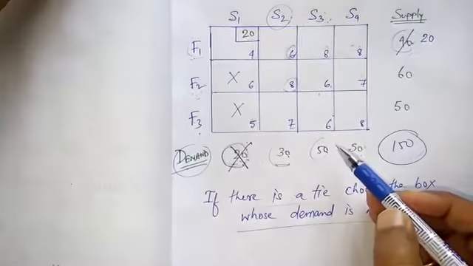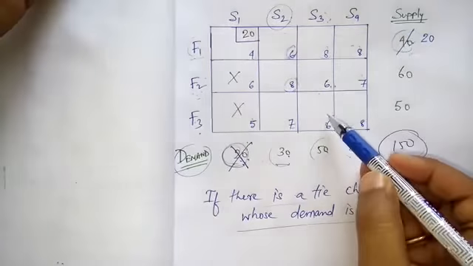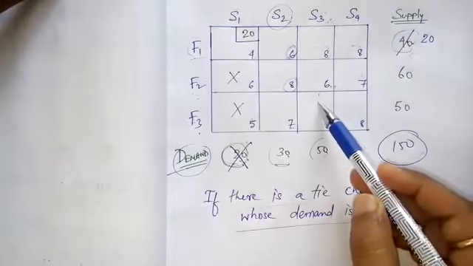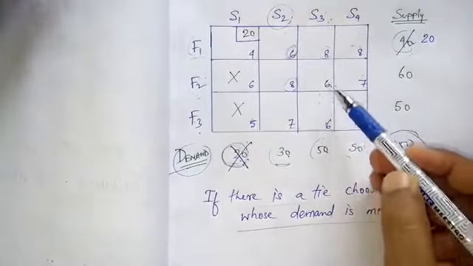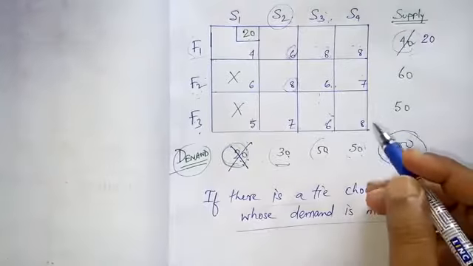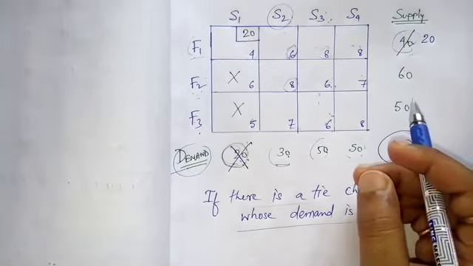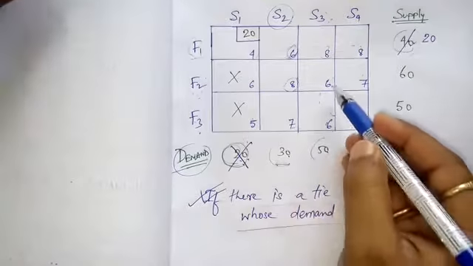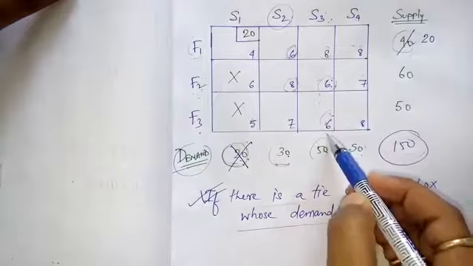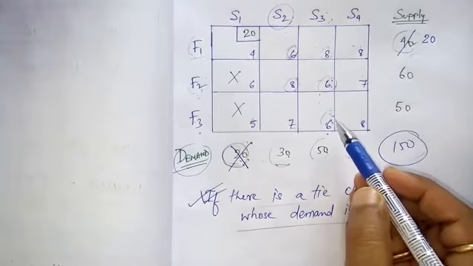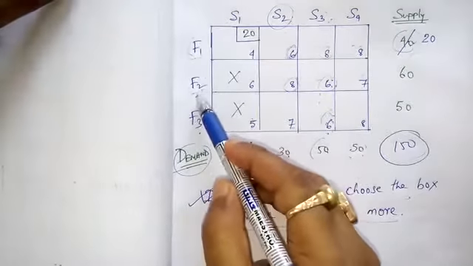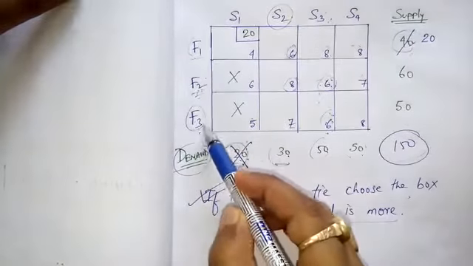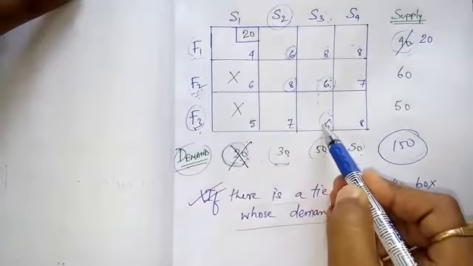But again there is a tie. 6 and 6. I have understood that I will not choose this 6. First I will go to store number 3. But still there is a tie between this and this. Now how to break this tie? You can choose arbitrarily now. Okay. First remember this step. But after that, if you get a tie like this in the same store, then choose arbitrarily. You can first transport goods from factory 2 to store number 3, or you can first transport goods from factory 3 to store number 3.